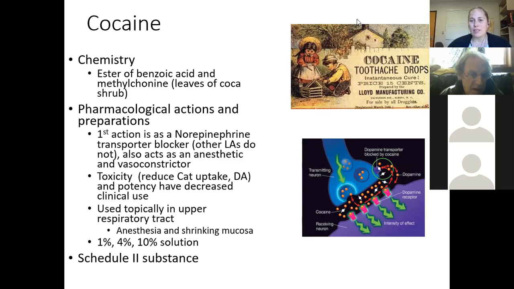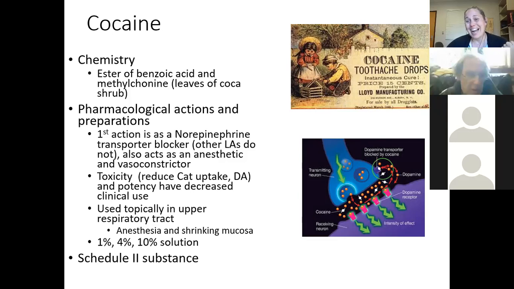I included this image that you see here of cocaine toothache drops. Again, this is in the 1880s, when cocaine was being given medicinally, and you can even look into the early 1900s. I wanted to Google whether Coca-Cola originally had cocaine in it. And the answer is yes. That is not just a myth. The original Coca-Cola did in fact have cocaine in it. Between the cocaine and the caffeine, it was seen as a great stimulatory drink. But I'm going to pause there because I want to see if Keith has anything to add to the history of cocaine.